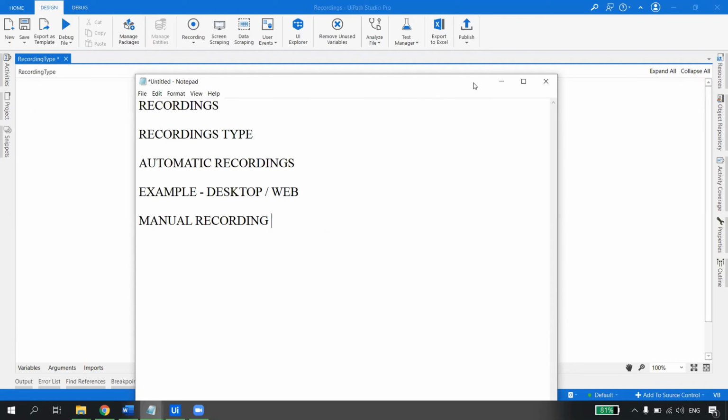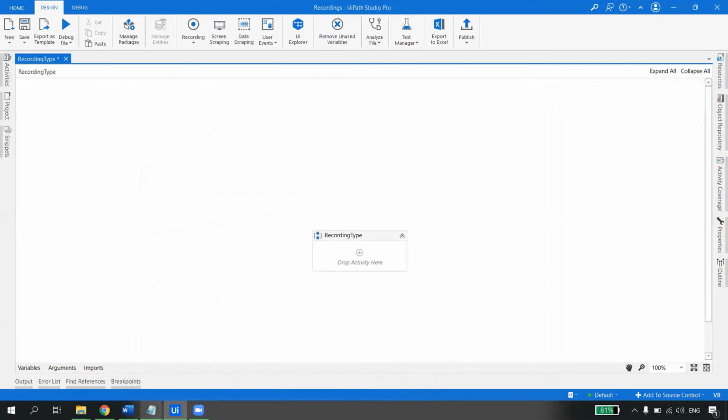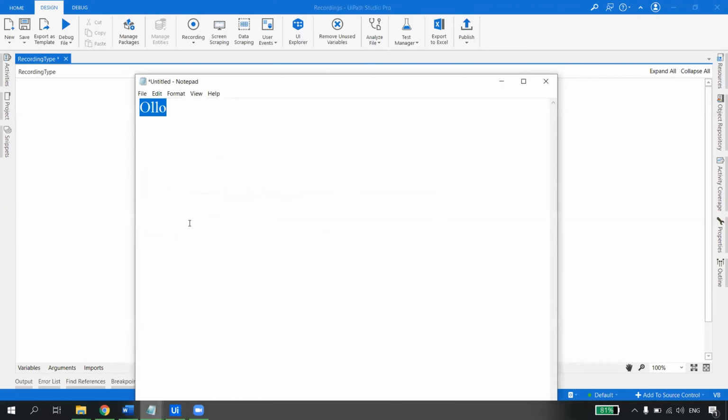Okay, so what do you understand by recording? Let us start from that note. What do you understand by recording generally? Maybe I would say saving information for future purpose. Saving info for future purpose, right? Okay, yeah, what else?